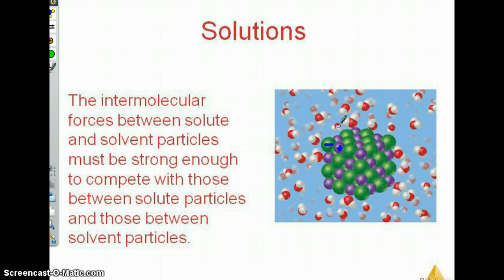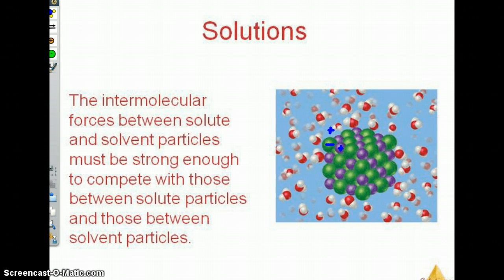The hydrogen end, because the hydrogen end's the positive end of that polar molecule. Okay, so the water molecules need to move apart. The hydrogen end, the positive end of the water molecule, is going to be attracted to the negative ion and pull it away from the sodium that it's attracted to. And the negative end of the water molecule is going to be attracted to the positive ion, and pull that away from the chlorine. And that's what has to happen in order for that